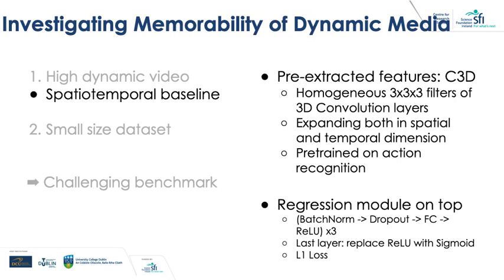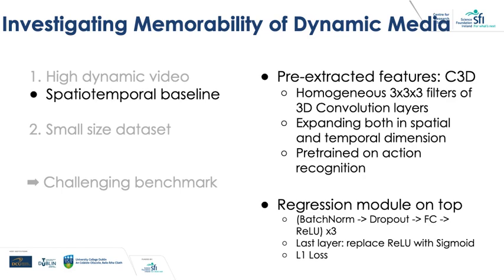To quickly establish a spatial temporal baseline, we use the extracted features from the video-based C3D model instead of other frame-based methods. The C3D architecture is composed of small 3D convolutional kernels, expanding on the height, width, and time dimensions. Trained on a generic action recognition dataset, each video passed through C3D returns a 4096-dimension vector that extracts high-level features from a video segment.